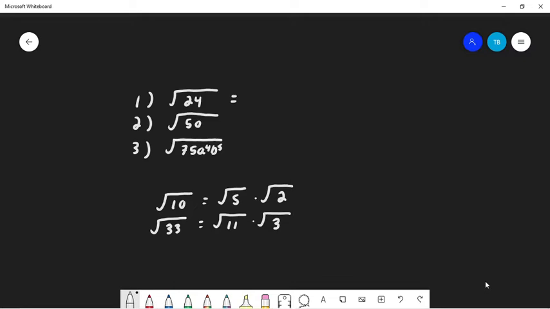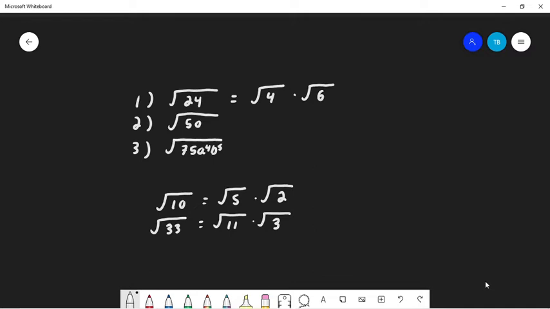So we think about all the factors of 24 and determine what the highest perfect square factor would be. I'm going through all of them in my head. I think that the highest perfect square factor would be 4. So one of the expressions that we're going to break this down with is going to be the square root of 4. And then how many times does 4 go into 24? Well, that would be 6. So the square root of 4 times the square root of 6